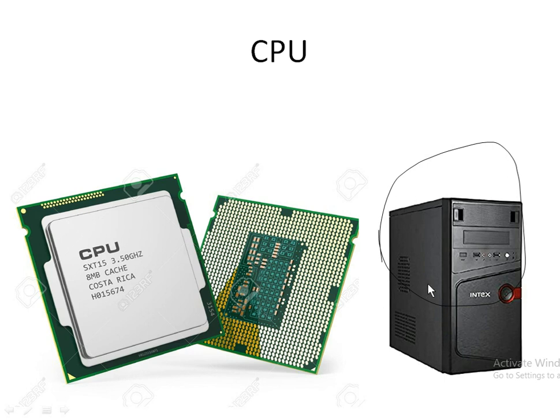Actually, inside this we have a component like this. This is called a processor, which is actually called a CPU. The CPU is the heart of computer, which processes all the data. We know computer takes input, processes, and gives output, and the main thing is process, and that process is done by this. The speed of computer depends upon this processor. The processor is the main. That's why we call it the heart of computer. Okay, let us see in detail.